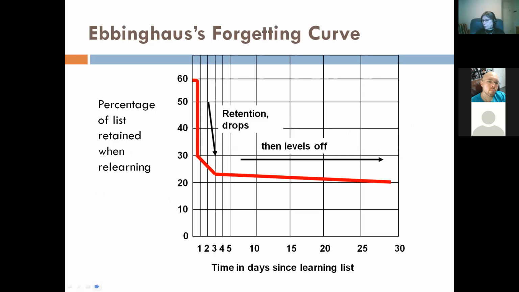And this is what we already saw using the data obtained 150 years ago by Hermann Ebbinghaus in his forgetting curve, that shows that within 40 minutes to 1 hour after encoding information, you're going to lose 40% of it. So if you don't do anything. Now, if you do something, that's separate. If you want me to talk about that, we can talk about it. But if you don't do anything,